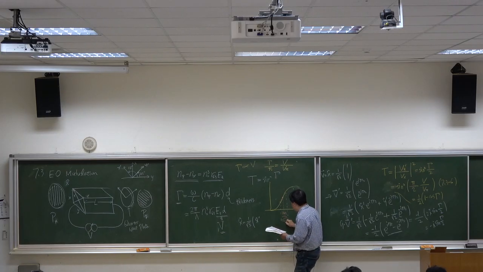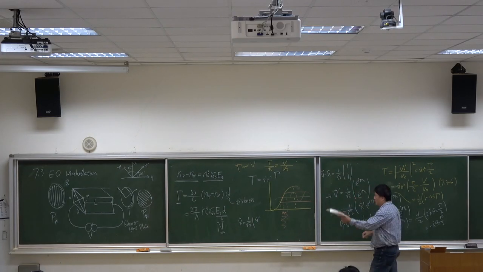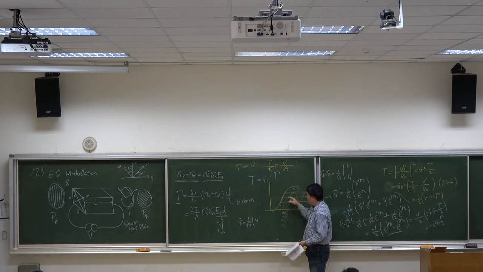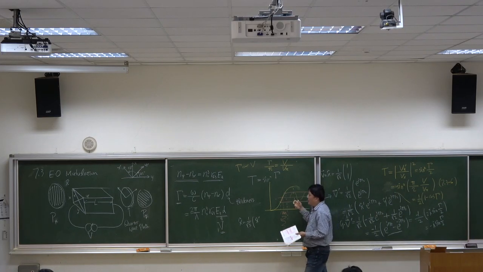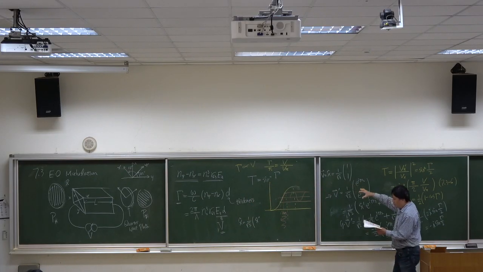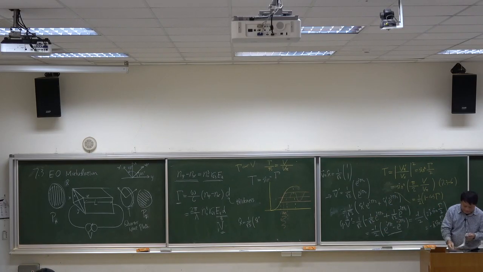So if you send a signal like this, you get an output of transmittance like this. Okay. So you can modulate. Here you can modulate the voltage. Then you find the modulation result of the light. 好，那下一次我们再仔细讲。好，那有分2种 modulation，一个叫 amplitude modulation，一个叫 phase modulation。好，那我们目前讲的这个是 amplitude modulation，下一次还会讲 phase modulation。好，我们今天讲到这里。